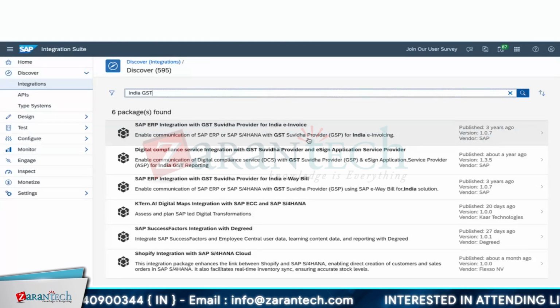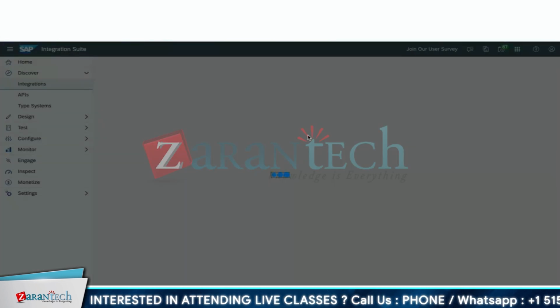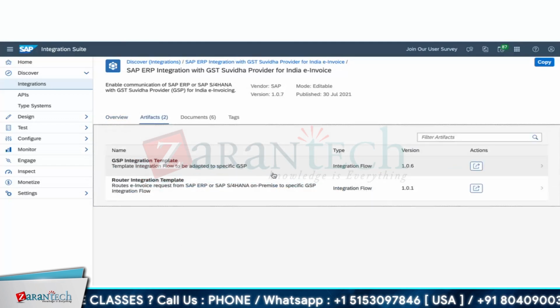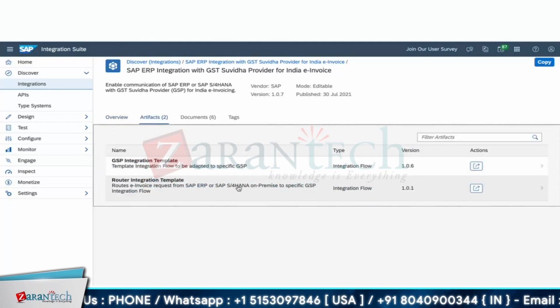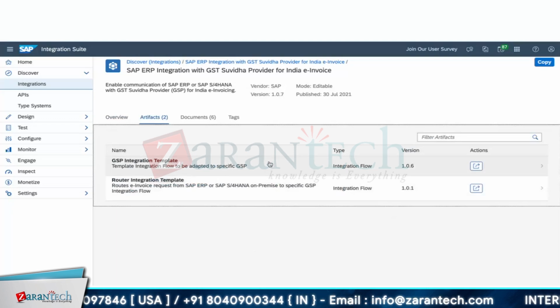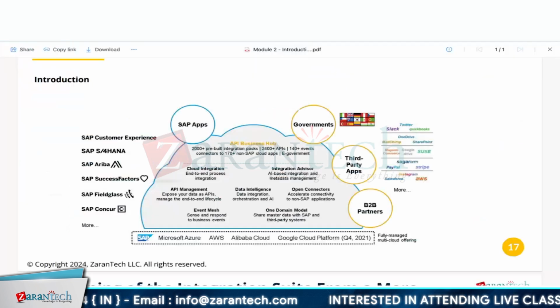This will be completely updated, and it is a seamless integration that you will be using for e-invoicing. It supports two different templates, and you can use these templates for your seamless integration.